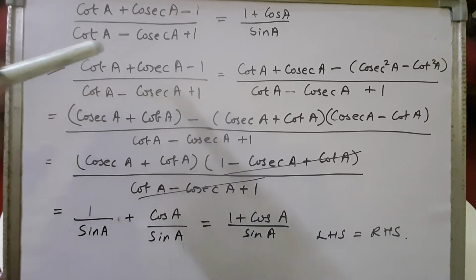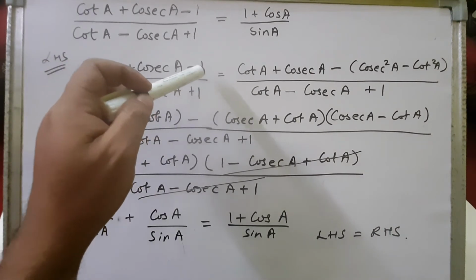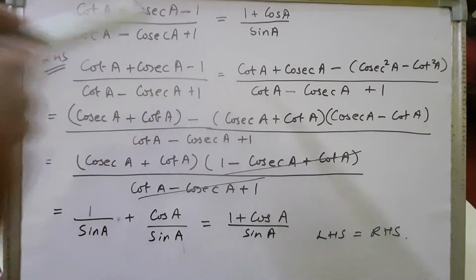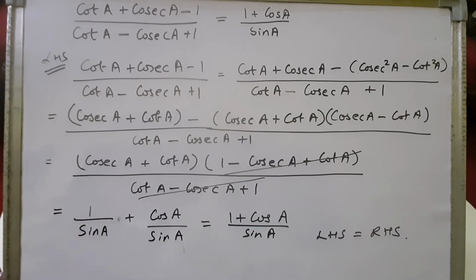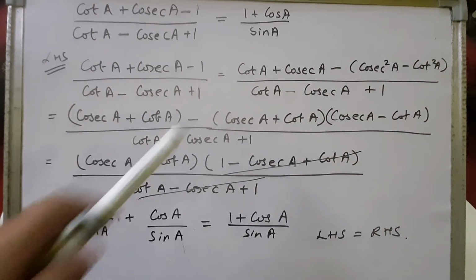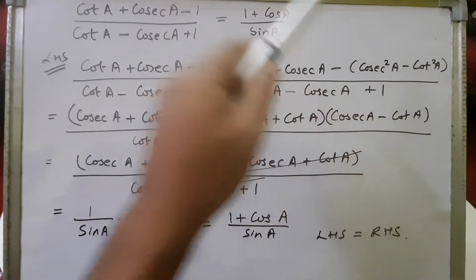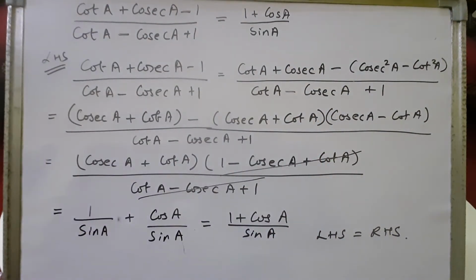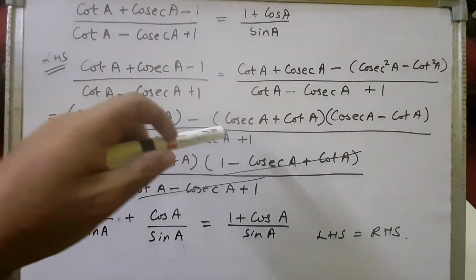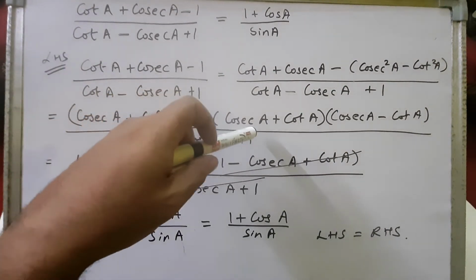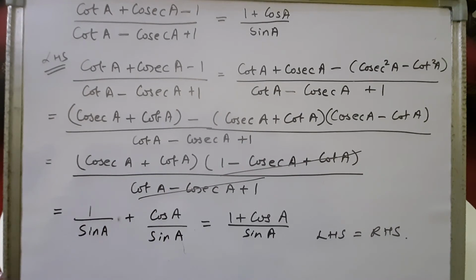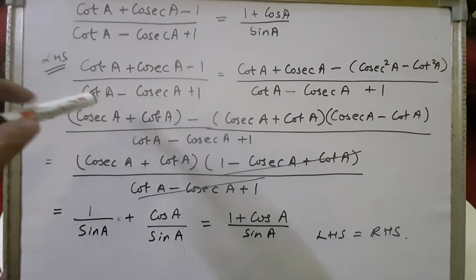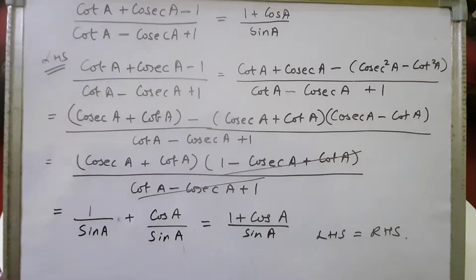Remember children, what we'll do, in the numerator we will substitute in place of 1 cosec square A minus cot square A. In place of 1 we are going to substitute this value, cosec square A minus cot square A. We know that A square minus B square is written as A plus B, A minus B. So it will become cosec square A plus cot square A, and cosec square A minus cot square A. Right, children? The denominator we will not simplify, it will remain the same. Right? We will not touch the denominator. We are only solving the numerator.